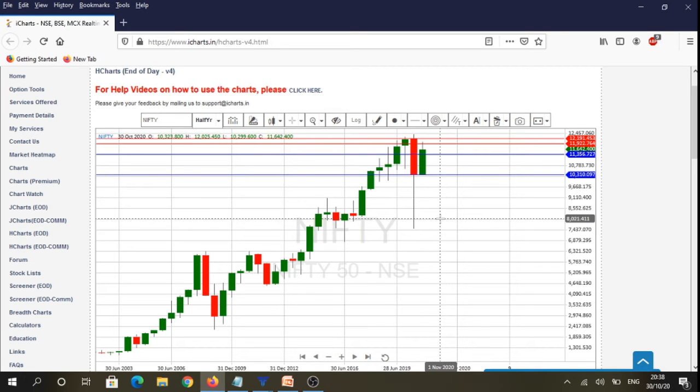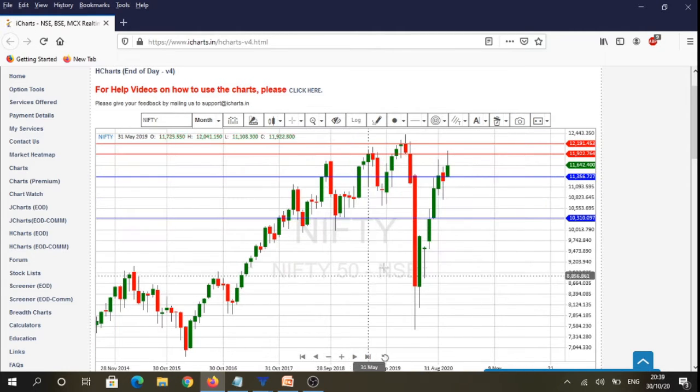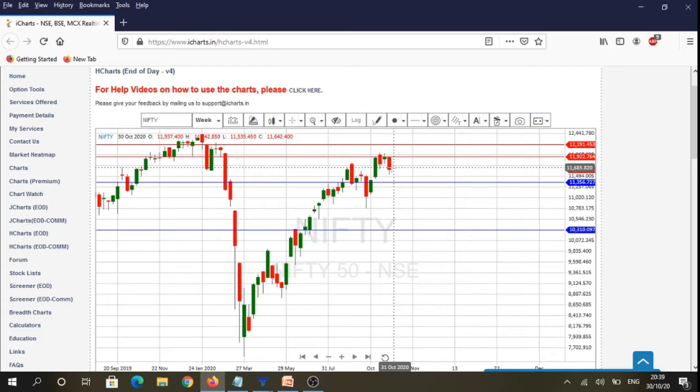10,323 levels. And if we see quarterly time frame, you have to remember that October is start of new quarter, October to December. So October monthly open as well as the quarterly open is the same. And if we see the weekly time frame of Nifty, we will see that market is trading below its weekly open at